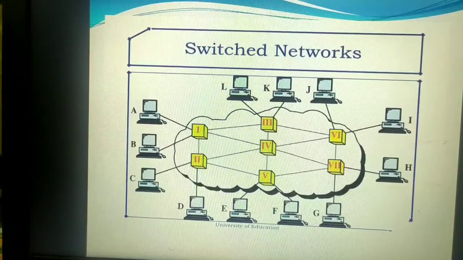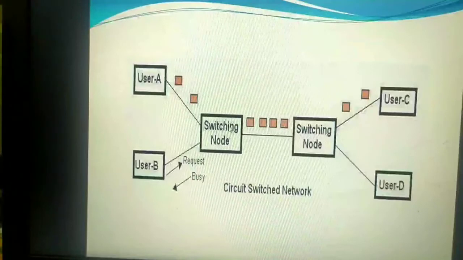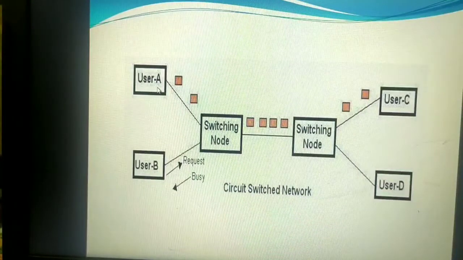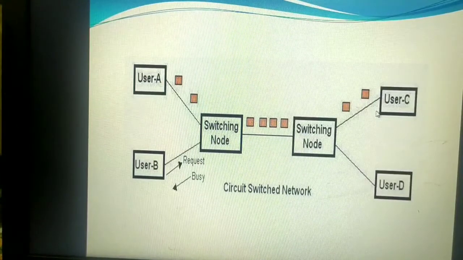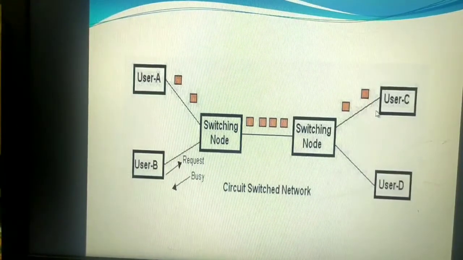So let us study circuit switching. Now let me explain this diagram. A wants to communicate with C, and B wants to communicate with C simultaneously. I can explain this with the example of the telephone system.